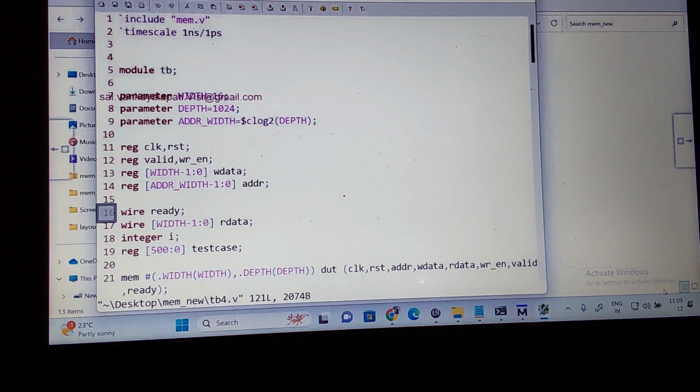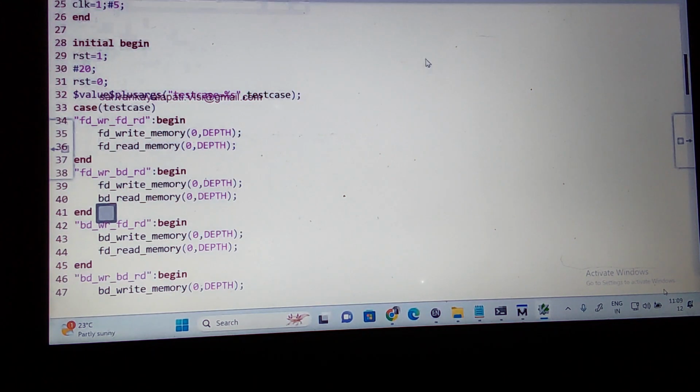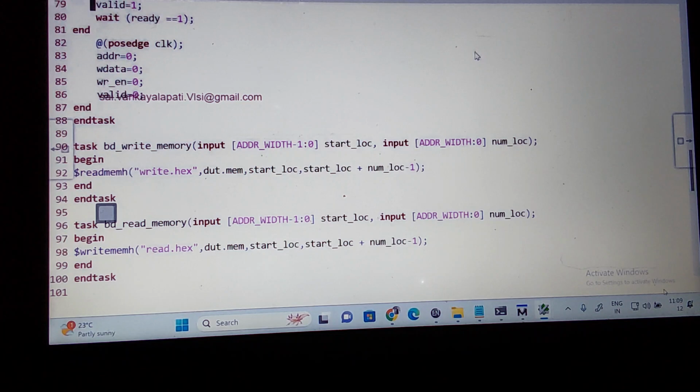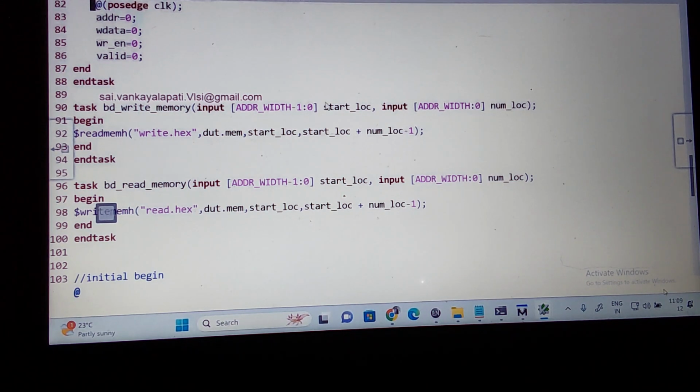So what we have done in this case is we're calling this function. It's not addressing the location. Let us try this; it is the same program which I'm using for this task. This is a task for one. Backdoor read memory and backdoor write memory are the arguments I'm passing to this. And this is the start location, this is one, and the end location. Beginning address and end address.